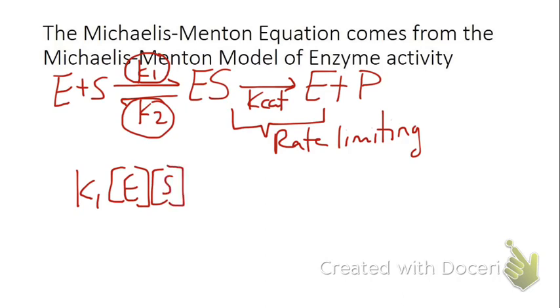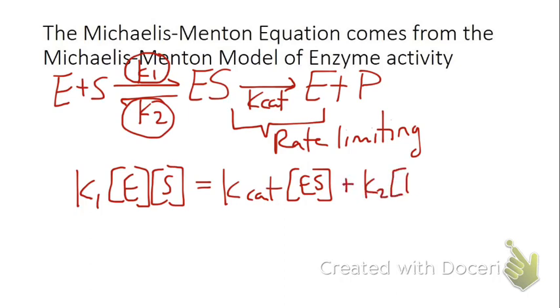here is the equation for the rate of formation of ES. Here is the reaction of the breakdown of ES, because there are two ways we can break down ES. We can dissociate the substrate, or we can turn it into product. So what we're going to do is pull out the common variable